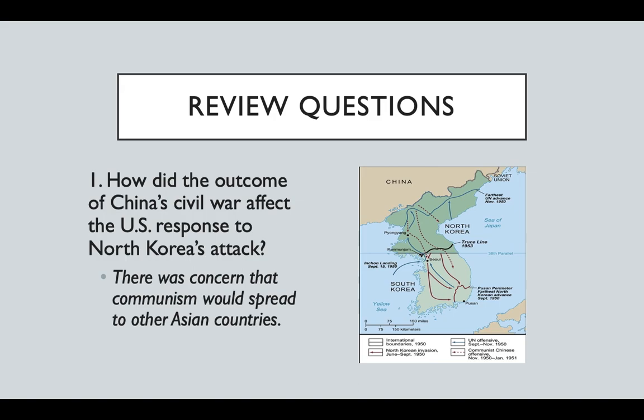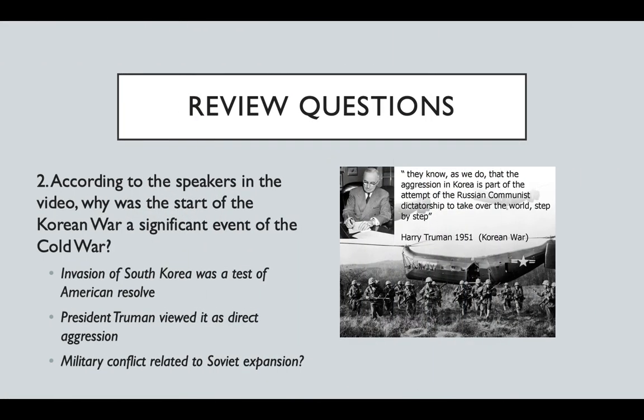So it's almost like a whole new theater of the world, if you will, has now been exposed. And a great analogy for this is the domino theory. If one country were to fall, then another country, and before you know it, communism will have spread throughout all of Asia. We may see this with our next major conflict. Remember, this was not a war. All right, let's move on to number 2.